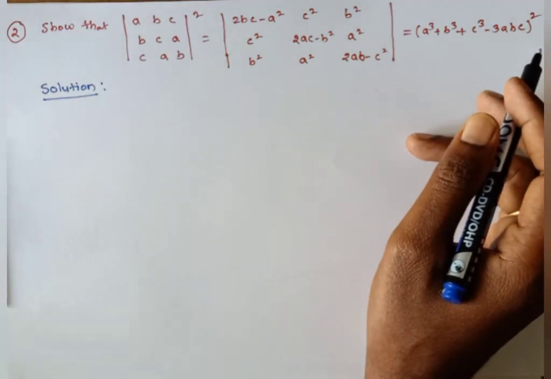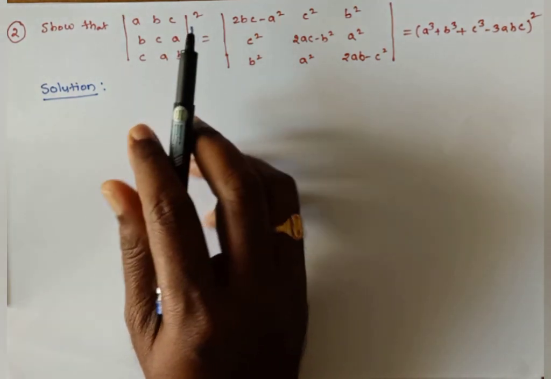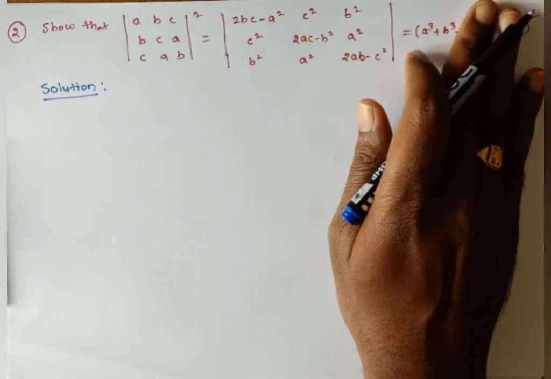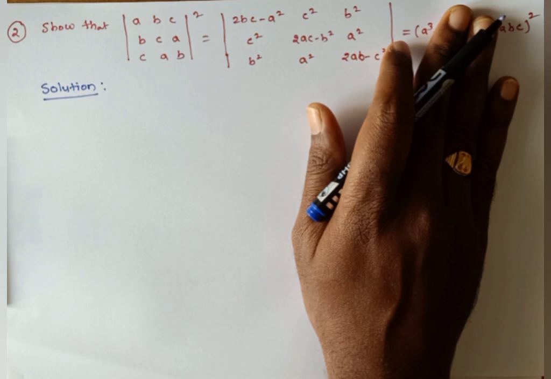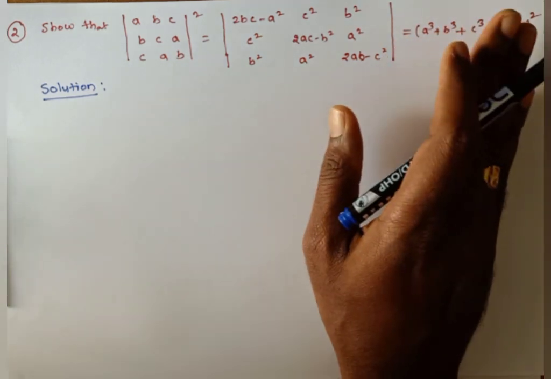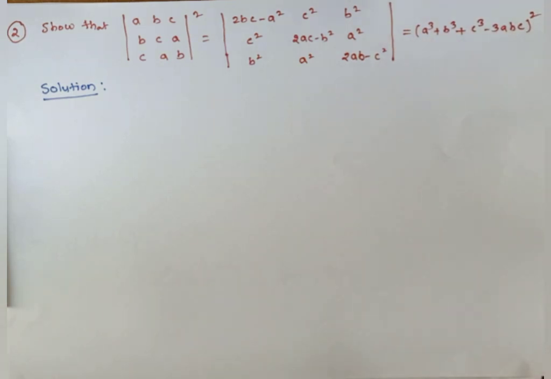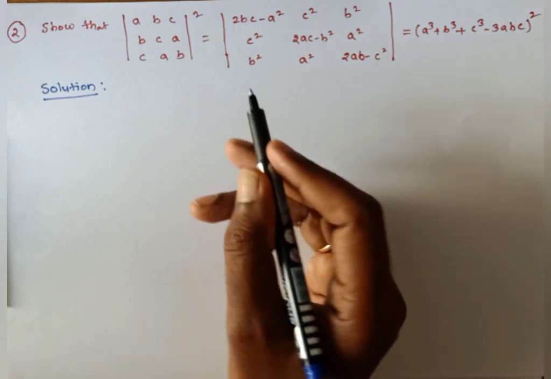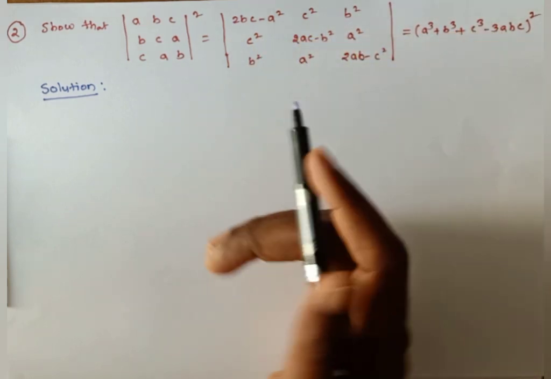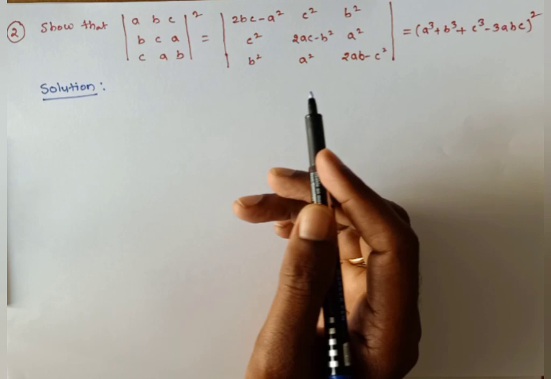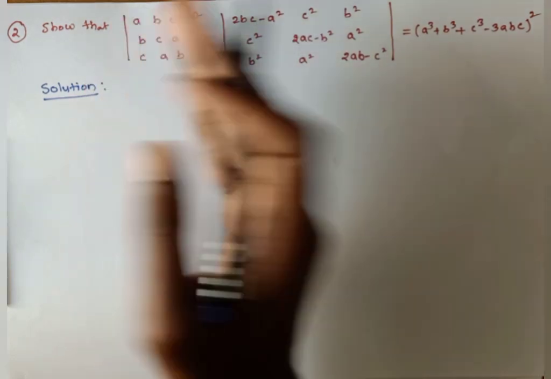Now the determinant is nothing but a number only, so this number square, and they are in the form of A equals B equals C form. So all these three are numbers only, right? Here you need to show this as (A cube plus B cube plus C cube minus 3ABC) whole square. So you may show A equals B and B equals C, then finally we can write it as A equals B equals C, or you can show A equals B and A equals C also, no problem.